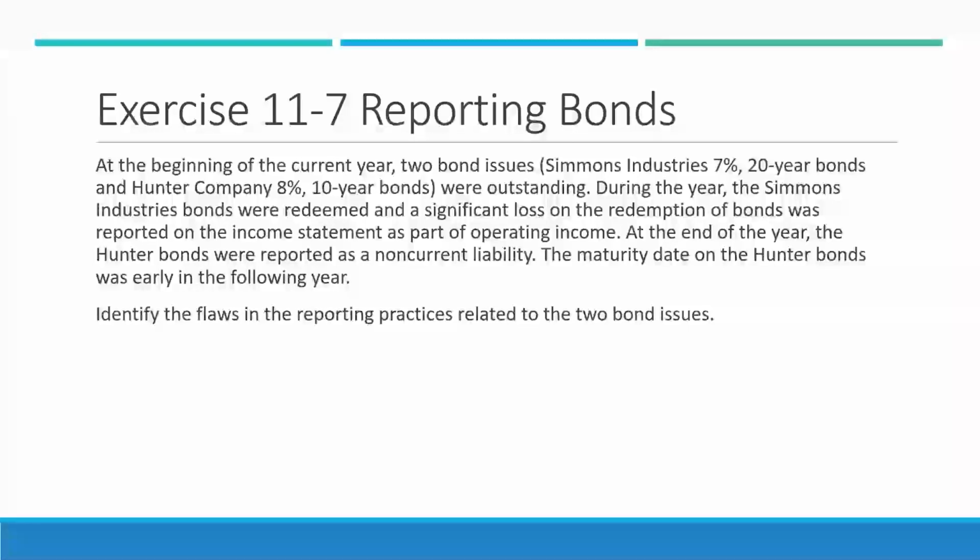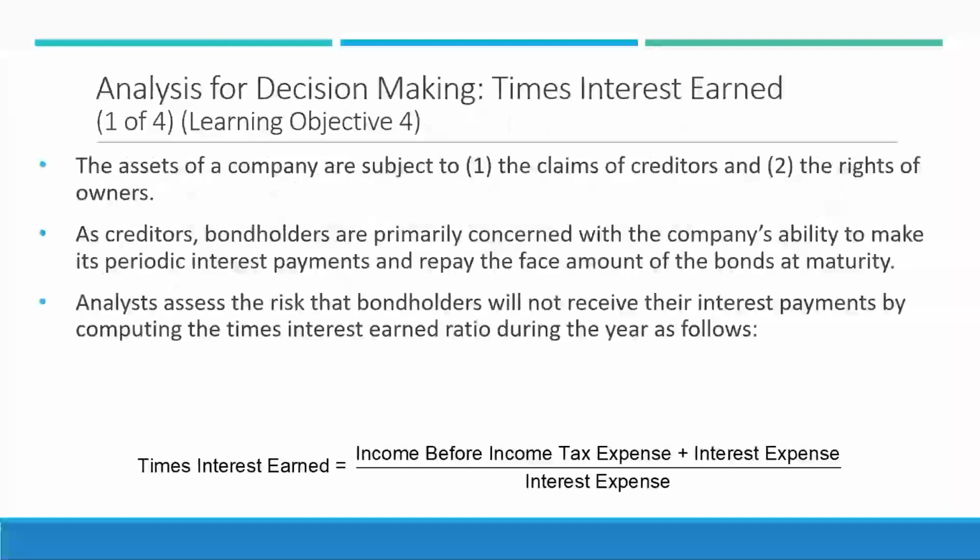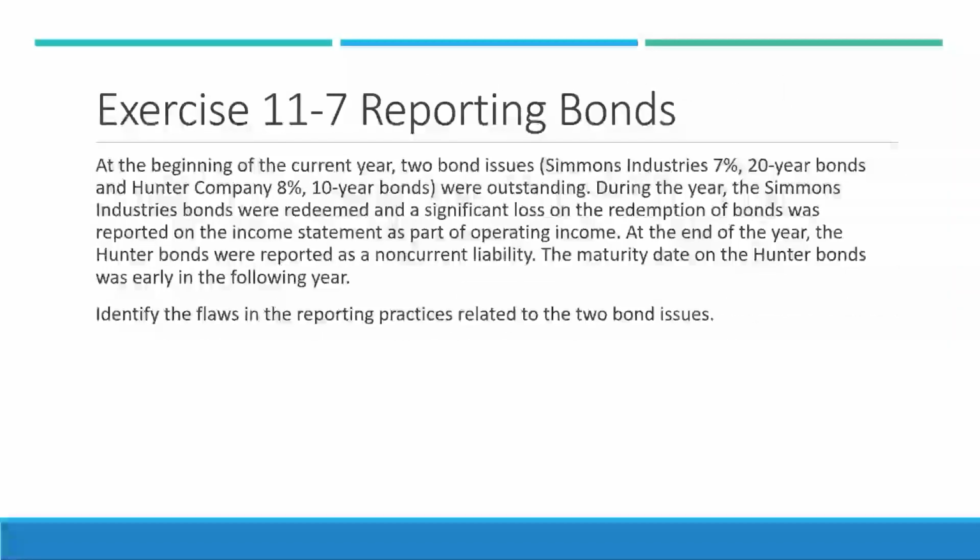During the year, Simmons Industry bonds were redeemed at a significant loss on the redemption of the bond, and it was recorded on the income statement portion of the balance sheet under operating income. And the Hunter bonds were recorded as a non-current liability, and the maturity date of the bonds was early in